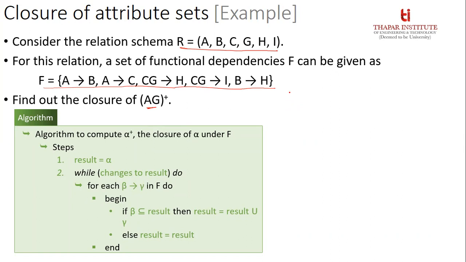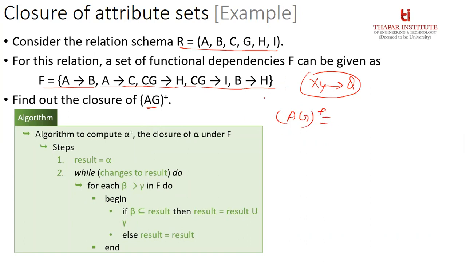In the previous question, we were checking for X, Y tends to Q, right? You can also do that question by using this closure set. How do we do it? We have to check for AG, so we have to identify the closure set of AG.